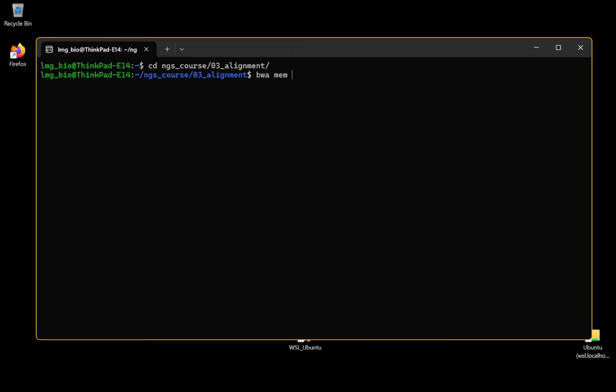So we put the reference genome, which is in the folder reference genome, and it is the NC underscore 044904.1.fasta,